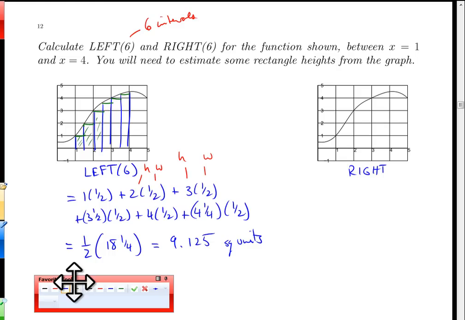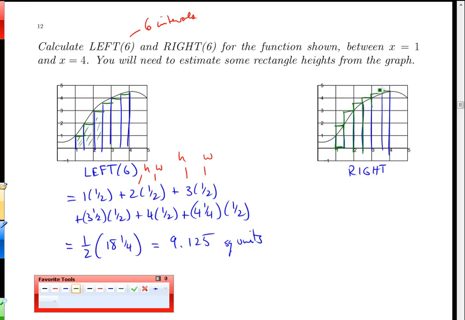If we do the same thing, but using right-hand endpoints, the right-hand endpoints seem less intuitive to most students, just to warn you. There's nothing fundamentally different about them. It's just that they seem less intuitive on each interval, I think because we like starting at the left. That's where we naturally go with our writing system. But on each interval, we're going to pick the right-hand endpoint, go up to the graph, and then go back left to build our rectangle. Like so, like so. On this interval, we go up on the right-hand side and back left to complete the